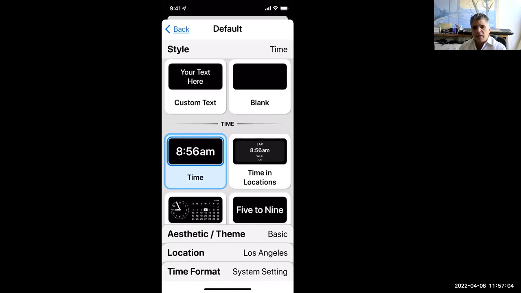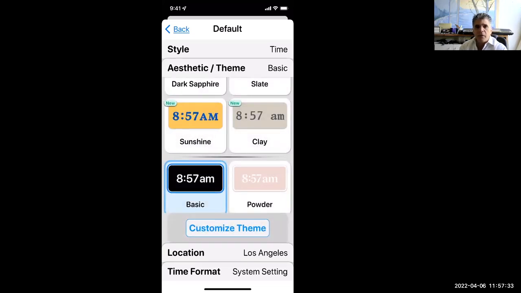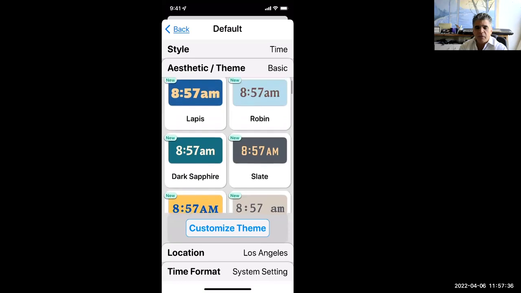And you see down at the bottom here, we've got an aesthetic / theme that is basic. They're giving me the time for Los Angeles, and they're giving me the time in the time format that I'm using for the iPhone already, where I'm not using 24-hour time, right? And I'm using my time zone. So let's tap where it says here, where it says basic. I'm going to change this a little bit because I like green numbers. So I'm gonna tap the word basic, and now here are some other ways I could